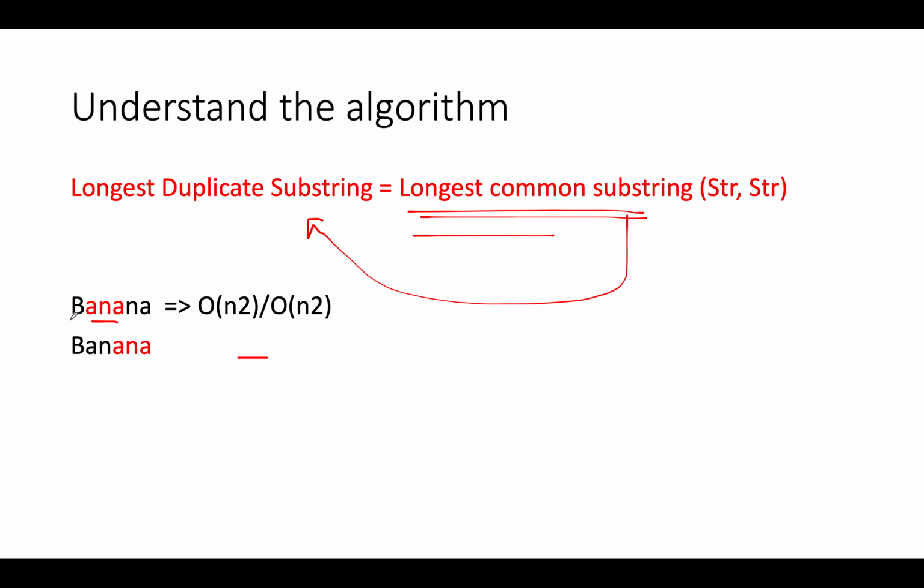For example, you have banana here and you pass in the string banana to the longest common substring algorithm. So both the strings are banana and you don't consider the same instances of a and a at the same indexes in both these strings. What I am trying to say is this string a and a should not be considered as a valid duplication because both of them occur at the same instance of i comma j. We need to think of this corner case. Rest of the algorithm will work as it is.